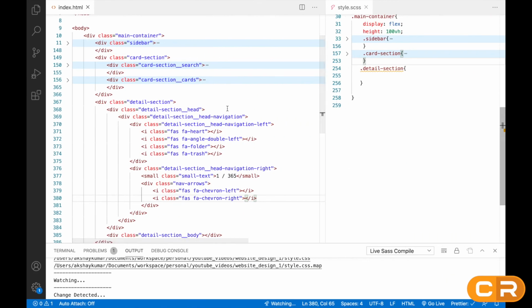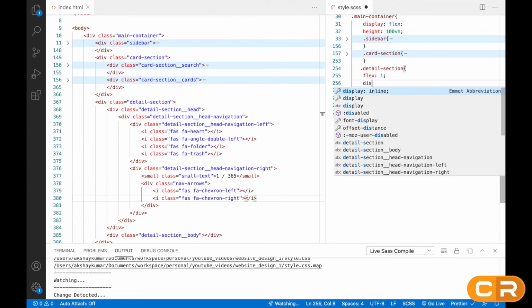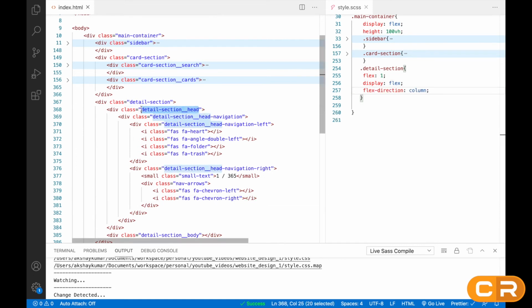So inside detail section, we'll write flex 1, then display is to flex, and flex direction will be column. Now take this class.